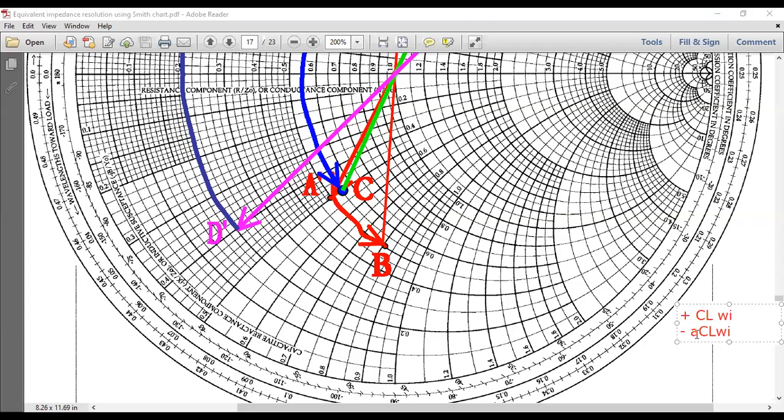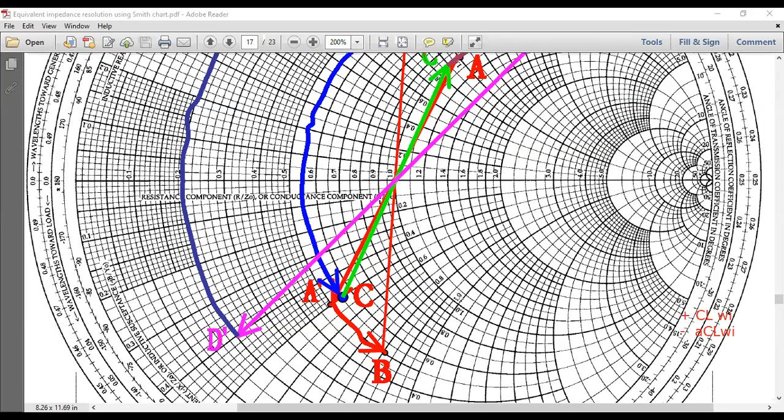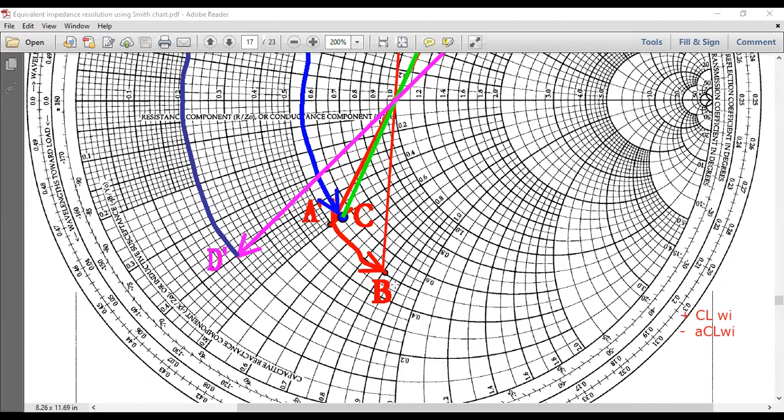So if you are to add for any Z or Y, clockwise means addition and anti-clockwise in the Smith chart means subtraction. So you are going anti-clockwise, and you got this point B. What is the point B? The imaginary part is 0.8. And what is the real part? If you see this real part circle, it will go here. It is 0.5. So here 0.5 minus j0.8.